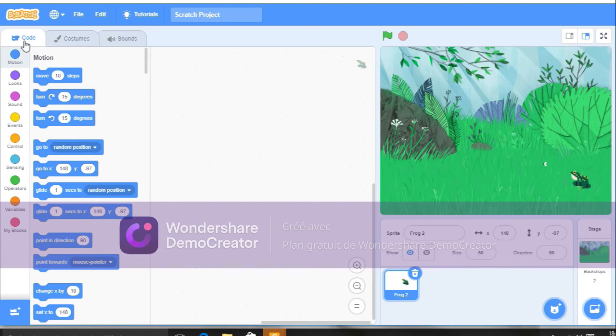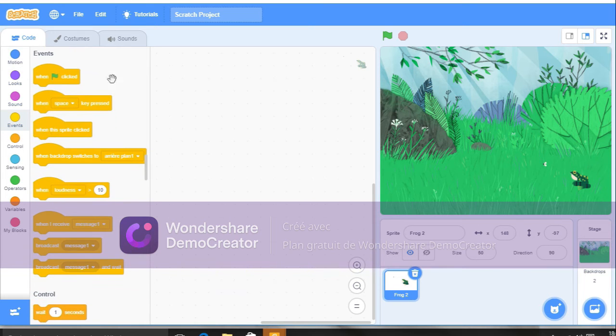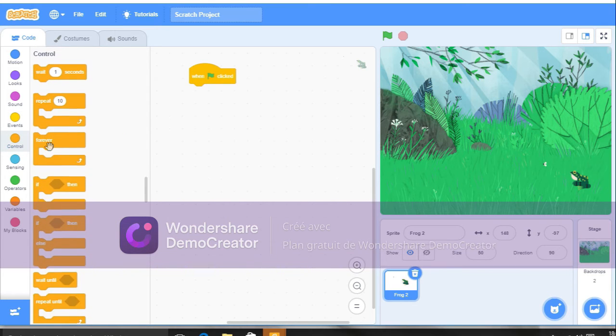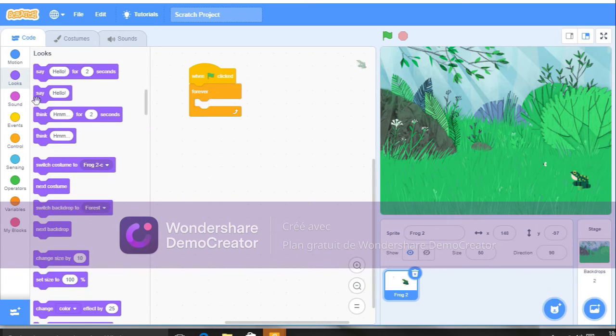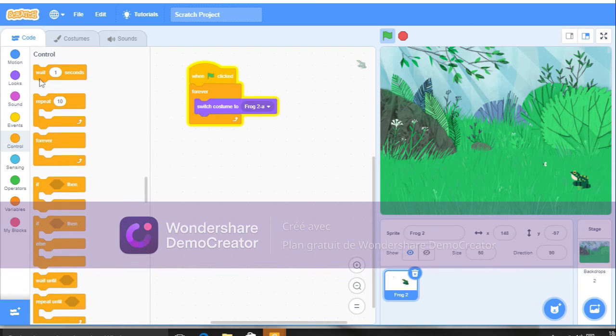And now I'm going to make the frog move. So when we begin, we always select this one. When the green flag is clicked, we always select it when we begin. Then we go to control and we select forever. So I'm going to look now, switch costume to frog A. Then we go to control, wait for 0.1 second,